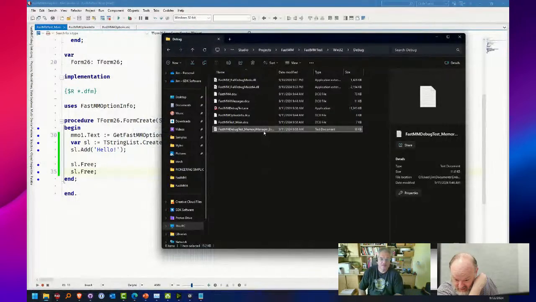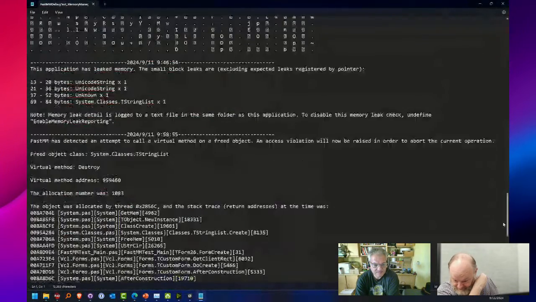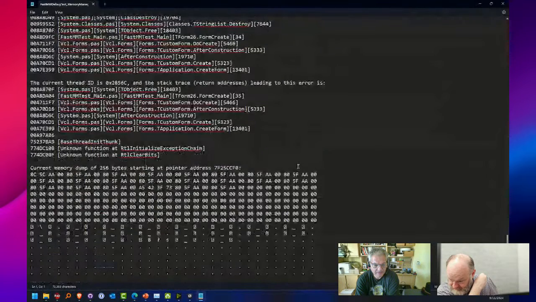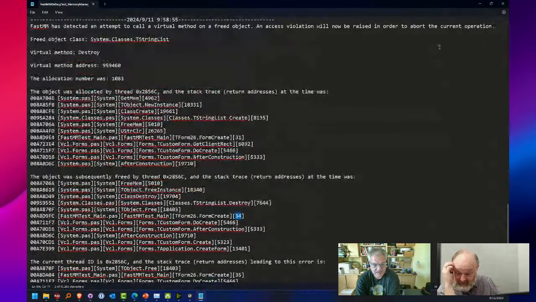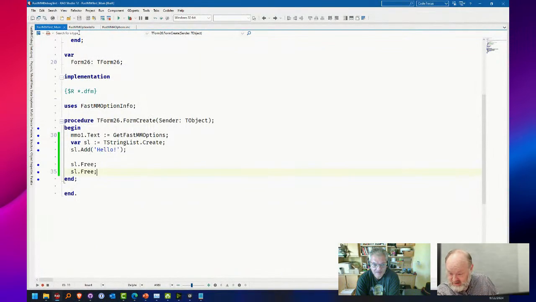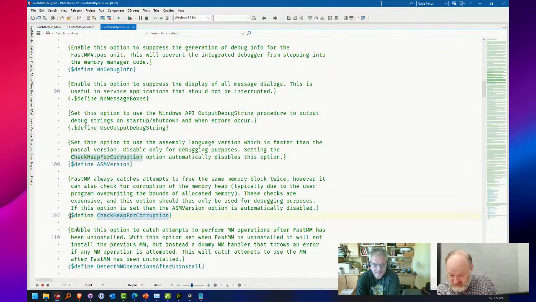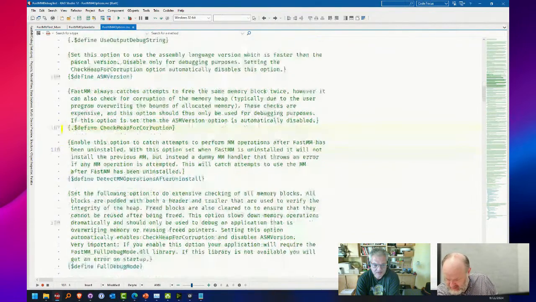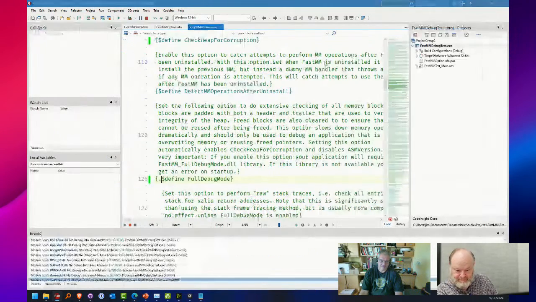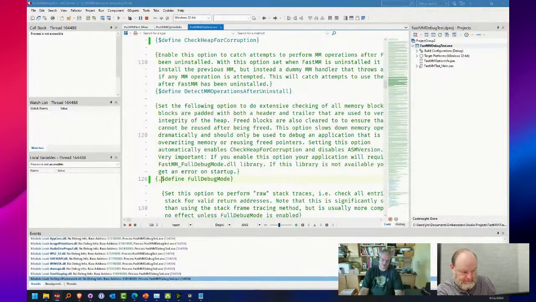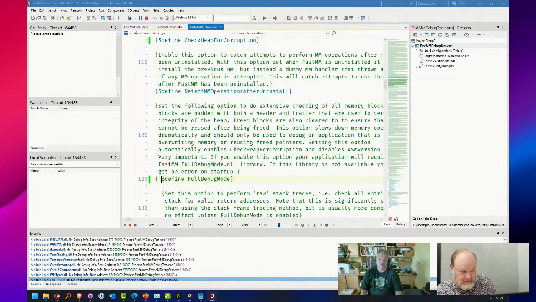And if we go in here, yep, there it is. There's a line number. And all the stacks, yes. Full stack. And if I turn off full debug mode, I'll turn off the heap. No, that's not that one, but it's really the full debug mode. Check heap for corruption will find memory overwrites. And so that just gave me an integer pointer operation, but no reporting there.